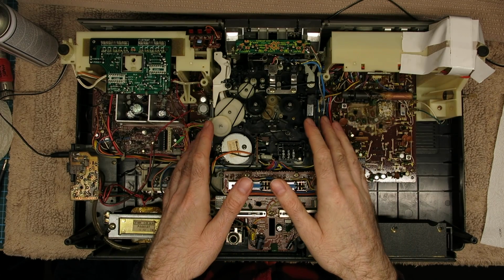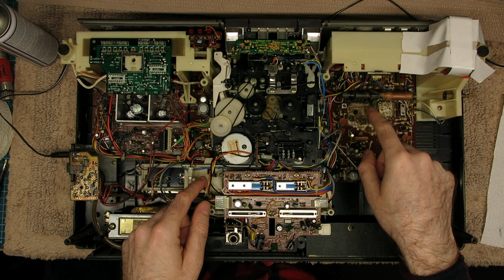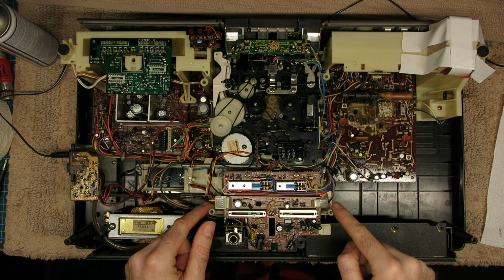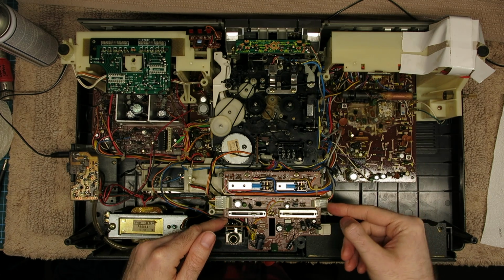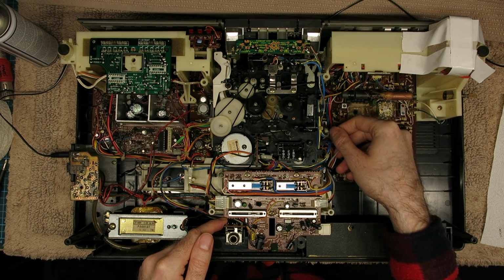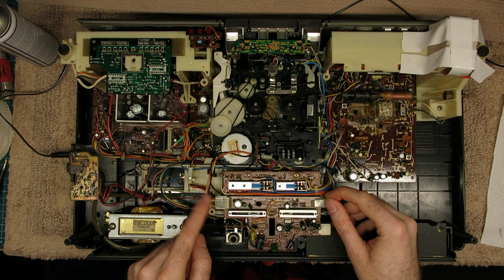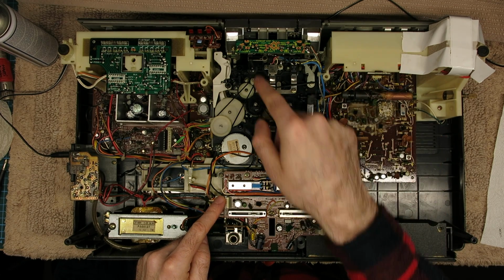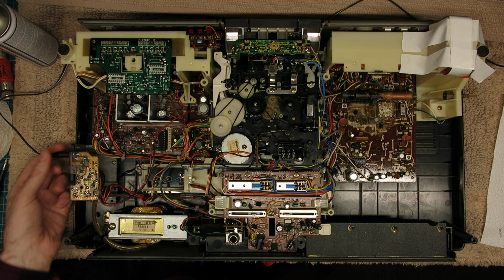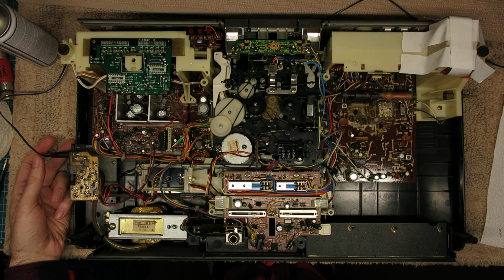Okay, transport's back in. It's not screwed in yet, but I've just reconnected all the connectors. I mentioned, I think it was this one earlier on, this grey wire. Turns out you don't actually have to undo that one because it's not connected to the tape deck, it's connected underneath. But that one, the centre one, the side one, and the yellow wire, you definitely do. The fast forward is down. I've connected a 15-volt supply. If I turn it on,